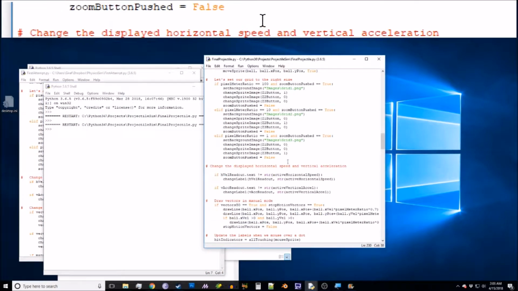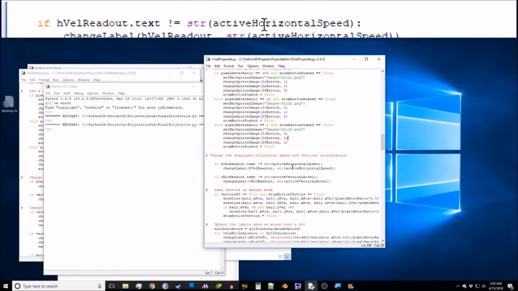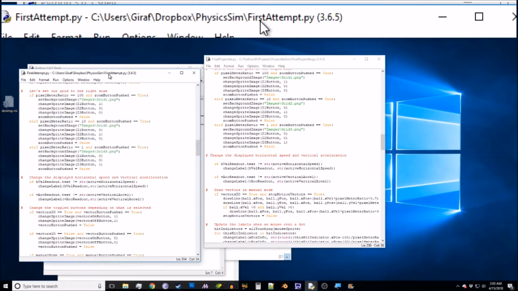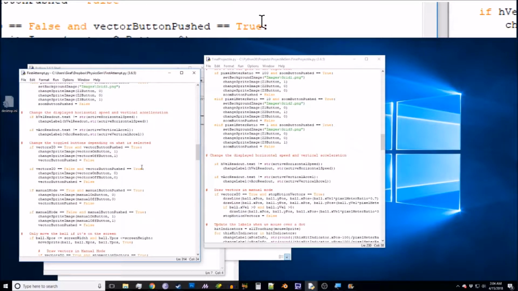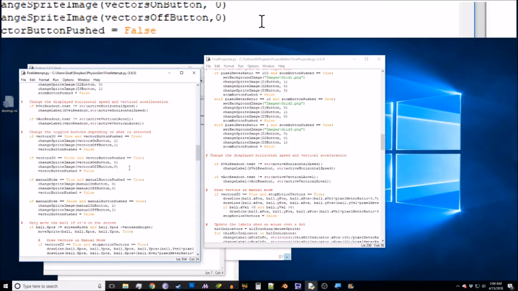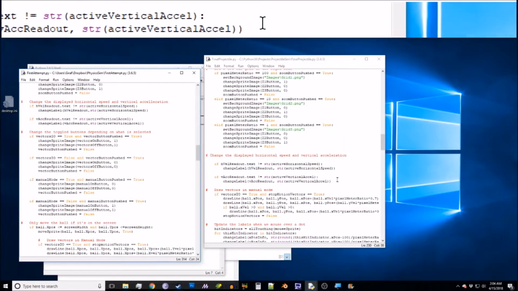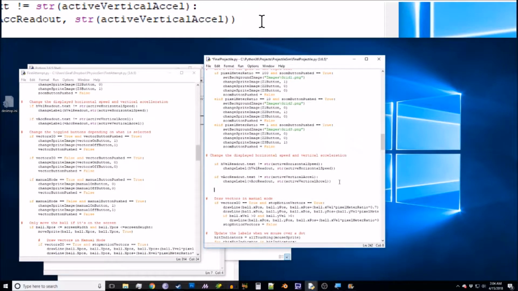That all seems to be working. We've got our readouts changing. I know there's one other thing that I want to do. Oh yeah, we need the manual mode toggles and the vector toggles. We want those to match. Okay. So underneath of this, we're going to add a comment